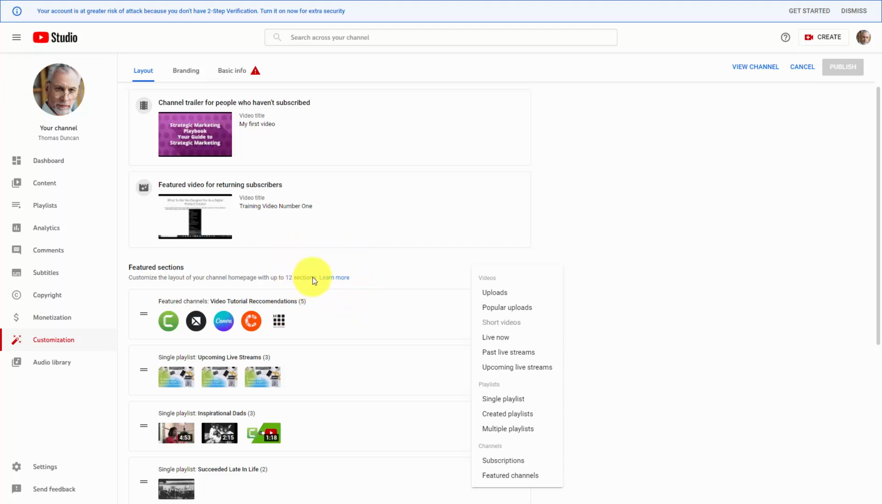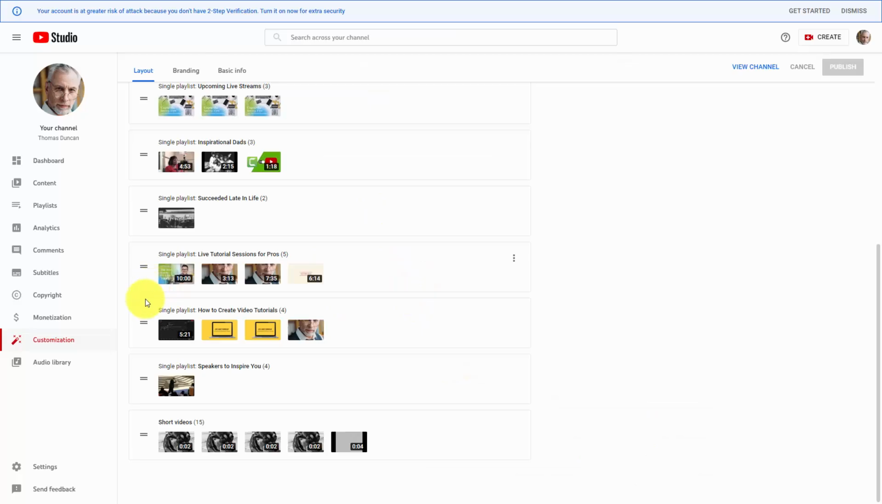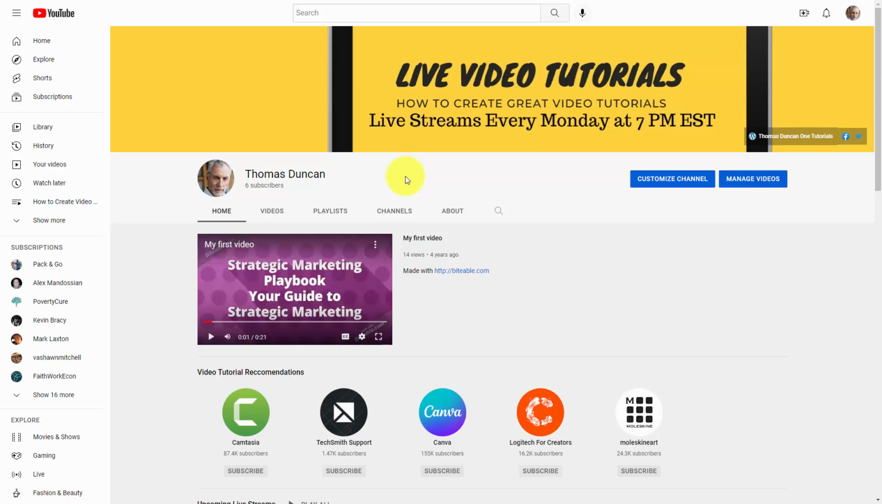If you have related channels that you want other people to see, you can create a section of your channel homepage for featured channels. And you can move the elements on your channel where you want them to be. So what you want to do is to make sure that your channel is going to be branded at a glance in the way you want it to be, and you can control all of those factors here inside the